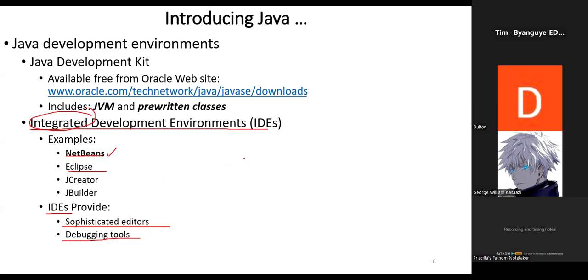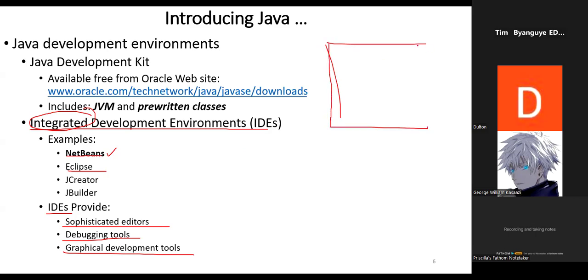And I'm sure by now you know what debugging is, that process of finding errors in your programs, or finding bugs in your programs. They also contain graphical development tools. The graphical development tools are like, instead of writing code, let's say I have a page and I'm trying to create